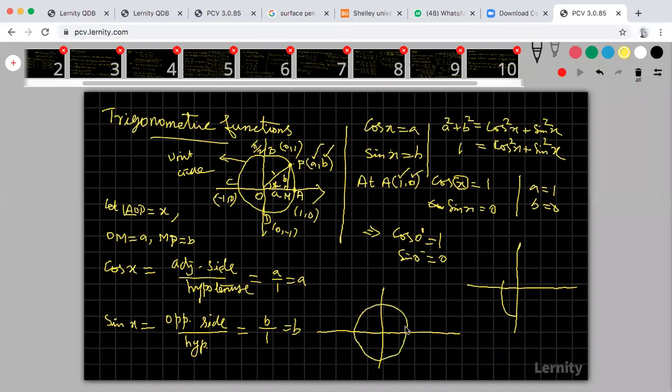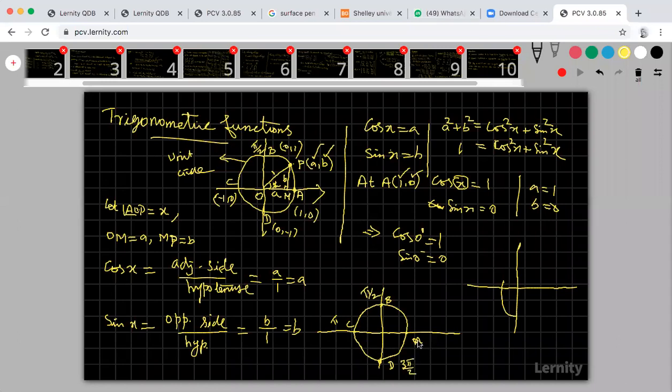So if you take the point P here, it is 0 degree. If you take the point P here, that is a general point. Take the point P here, so therefore it is 90 degree. Pi by 2, that is 90 degree or pi by 2 radian. If you take the point here, this is the point B, this is the point A, this is C. C means your angle is pi, 180 degree or pi radian. Suppose the point is taken here, D. You will get the angle 3 pi by 2.